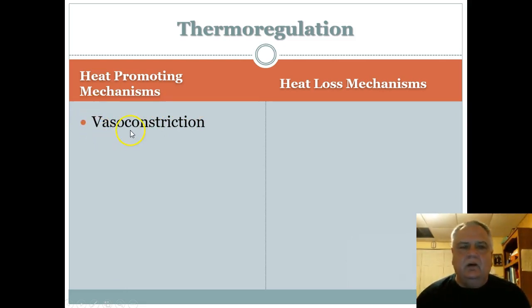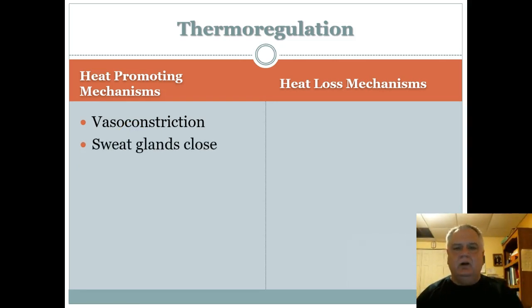So what's going to happen now is the hypothalamus will send out signals that will result in vasoconstriction, the constriction of blood vessels. This will reduce the flow of blood toward the periphery of the body. So the extremities are going to get less blood. We're going to try to keep the blood deep in the body because when the blood gets out around the extremities, that's where you can have a lot of radiational heat loss. So we want to try to conserve that heat as much as possible.